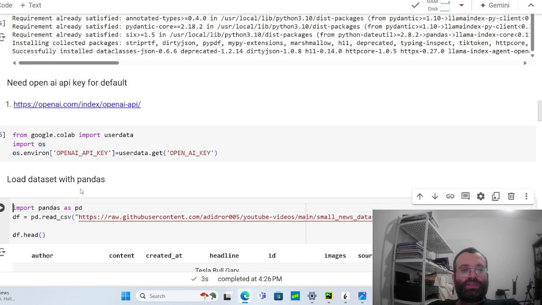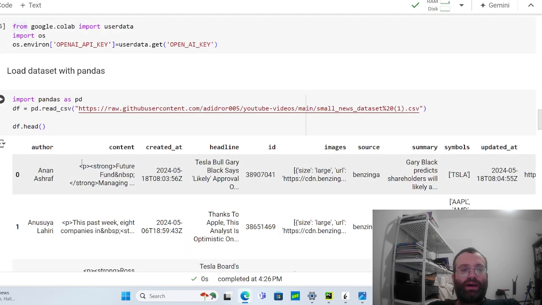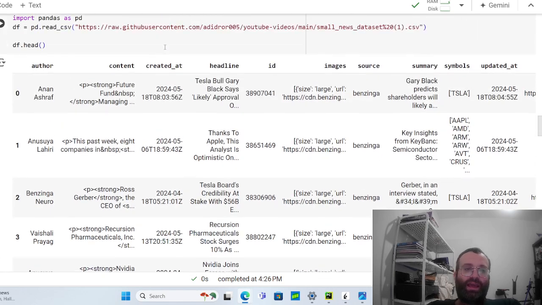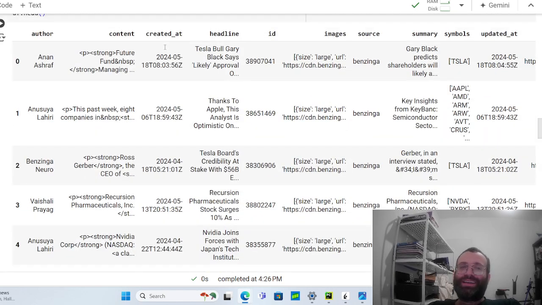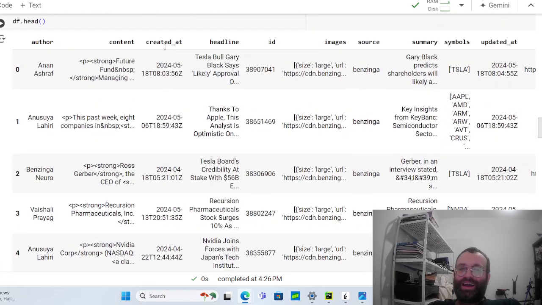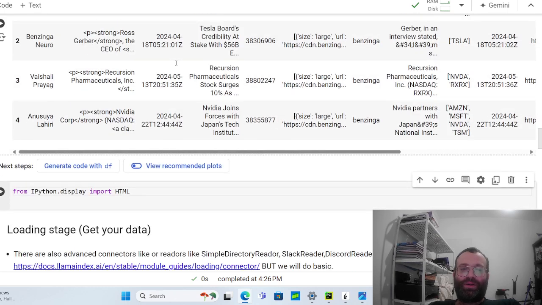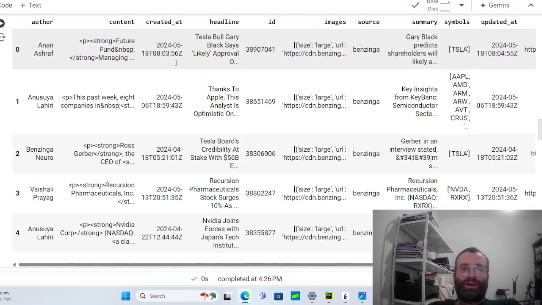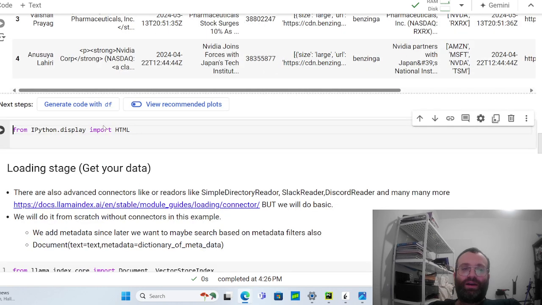Okay, so let's first load our data set with pandas. This data set is available on GitHub, so you can just run it as is. Okay, so it's only 5. How's it only 5 documents? I thought I had way more. What did I do? It's weird. Okay. Anyways,